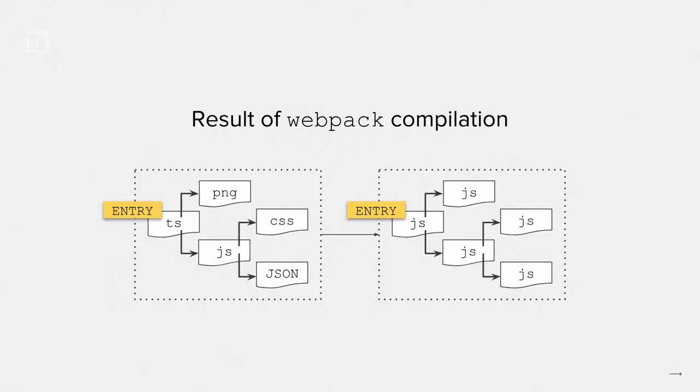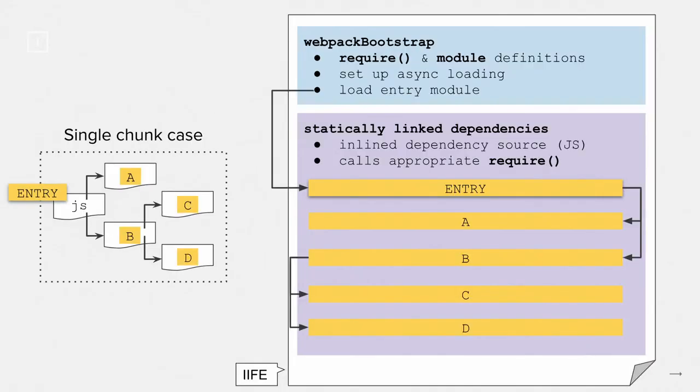So let's look at the Webpack runtime. When we've produced our intermediate representation, we still need some way for these modules to reference one another, because if we simply concatenated all of them together, the modules wouldn't know how to talk to each other. So for a single chunk, we have an entry point, and our chunk is a big function. The body of the function is the Webpack bootstrap. It sets up